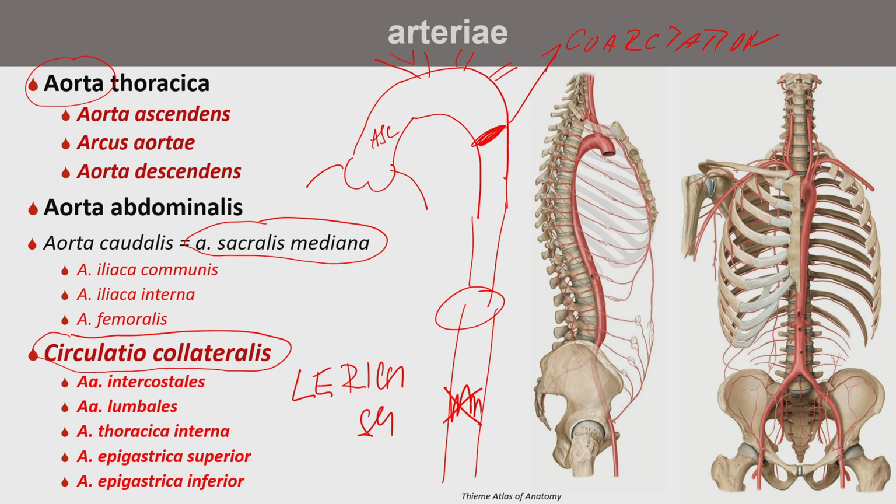Here on the schema we can see very important connections between dorsal and ventral arteries of the chest, which we will see on next slides, which are called intercostal arteries, and then the blood circulation could flow from dorsal to ventral, and then it could use this artery, which is connected in the abdominal part with the other arteries from the lower part of the body. Those arteries are called